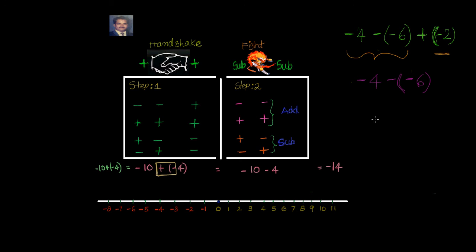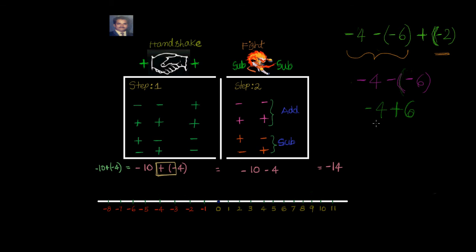Now what is our step 1? Step 1, I am going to look at the screen barrier between the two Pokemon. These are the two Pokemon and they have a barrier. So I am going to lift the barrier. What's going to happen? Only one sign is going to remain. You open the barrier. Oh, they both are same. Minus and minus. Oh, they will handshake. Yes, they handshaked. Now the remaining will be as it is. Yes.